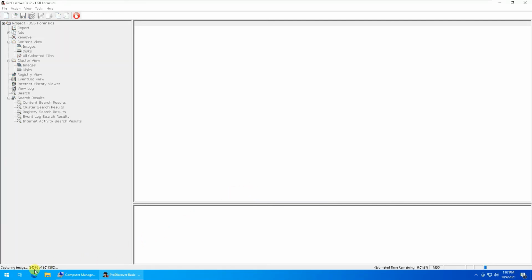Here you can see the actual size of the partition and the process of how it's creating the image of it. You can check the progress over here. It's saying it would take about 3 minutes, with MD5 check remaining. If you want to stop the process, you can click on this stop button and it would stop the process. Let's wait till it finishes imaging the drive.